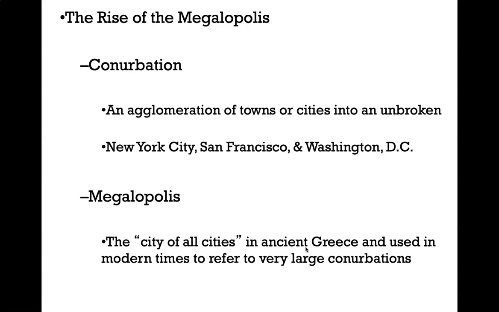Okay, so a conurbation is an agglomeration of towns or cities into one unbroken area. So, you can drive from Washington, D.C. up to Maine, or up to Boston, I should say, and basically feel like you're in an urban area the whole time. The first time I drove from basically Los Angeles down to San Diego,